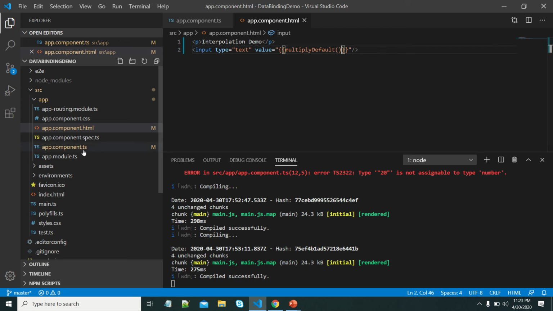We are passing the values from the component to the template, and those values we are assigning to the properties of the HTML elements. So this is property binding, where some special syntax is used. Let me try to understand the same thing with the property binding.